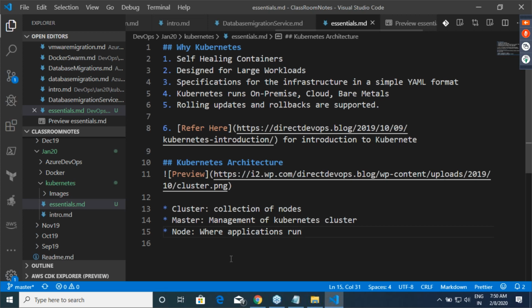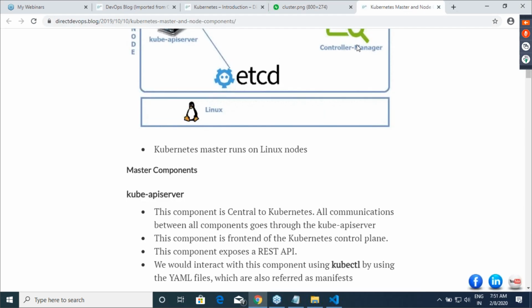Okay. So for the master to do his job, he takes the help of some internal components, and each component which is present in the master has a well-defined role. Am I clear on this? So master, node, cluster. Three simple terms. We'll be adding more terms to it. In Kubernetes, we have a lot of terms, right? Now let us look at individual components.